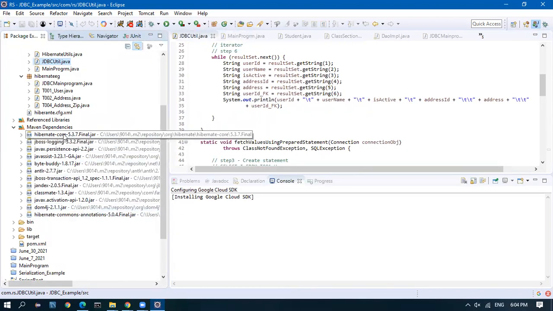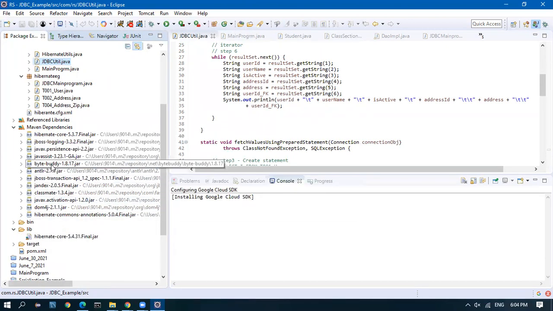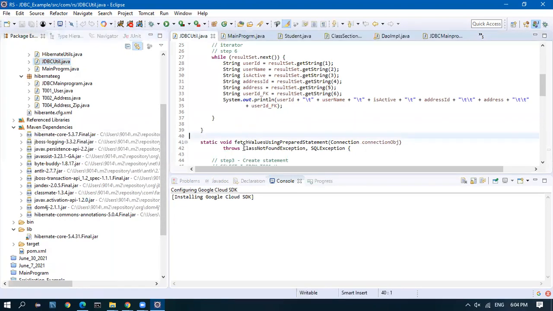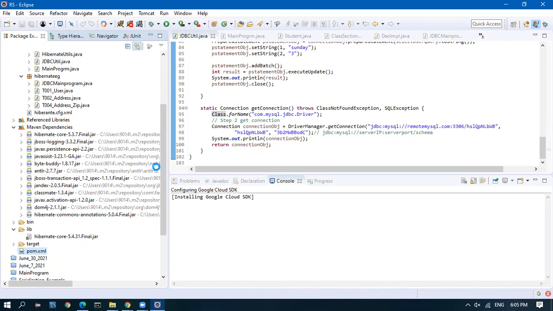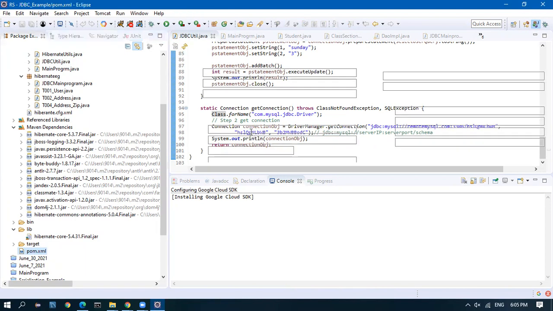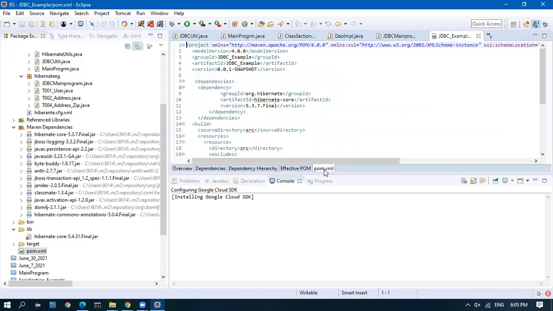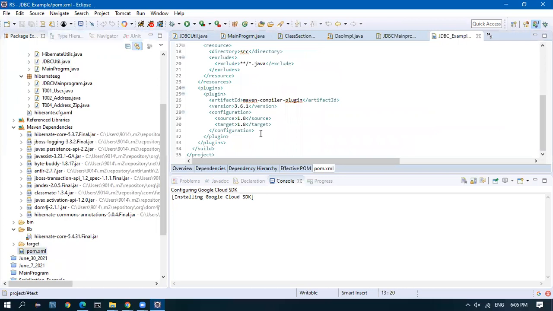Where is it? I think it is inside the Hibernate code. Once again, I'll see the pom.xml. MySQL.